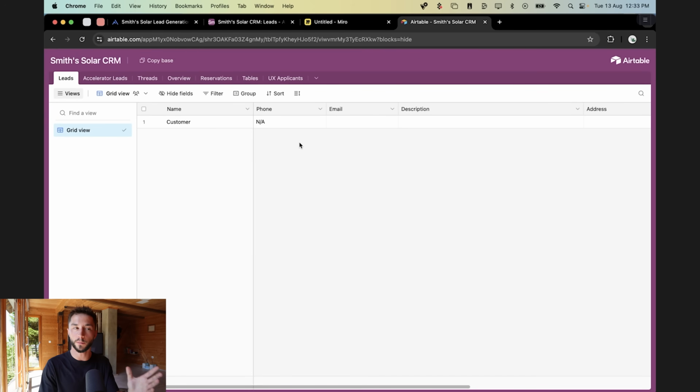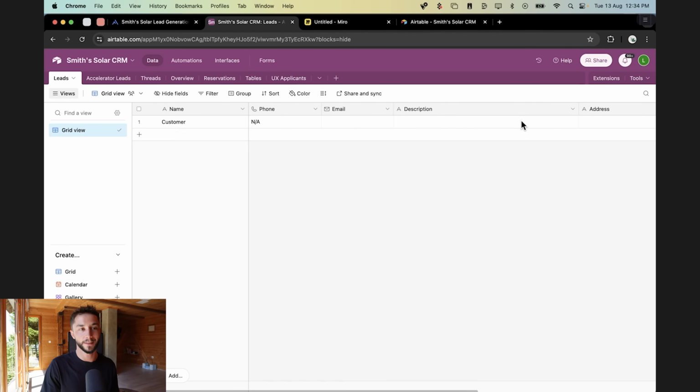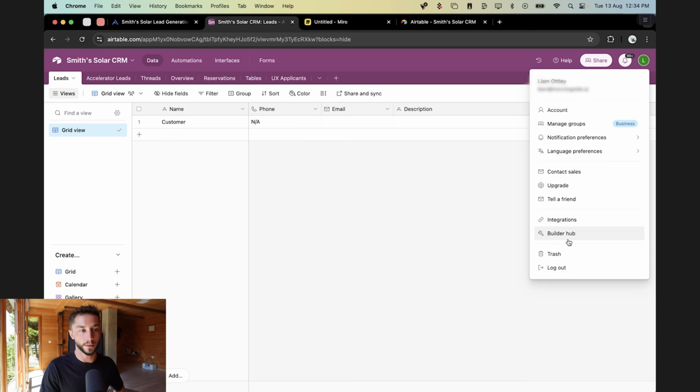And here's what you're going to see when you click the link that I provide for the Airtable template. You'll see this Copy Base. You can click this, it'll copy it into your account, and then you'll see something that looks like this. Now, the only thing you need to do to get that URL is to go to account, go to Builder Hub,